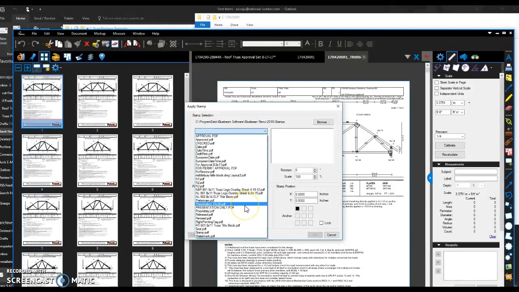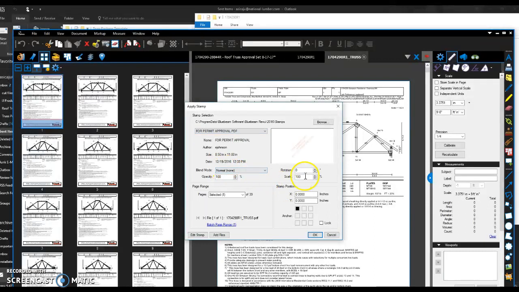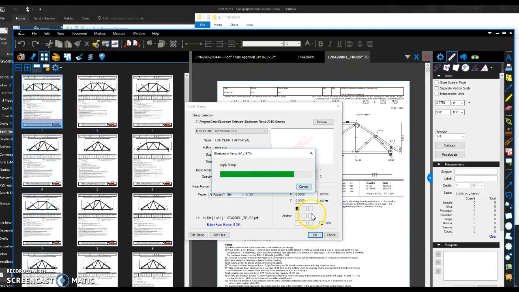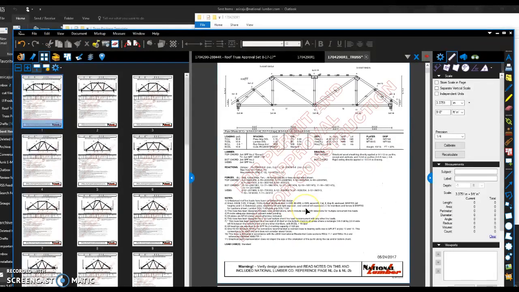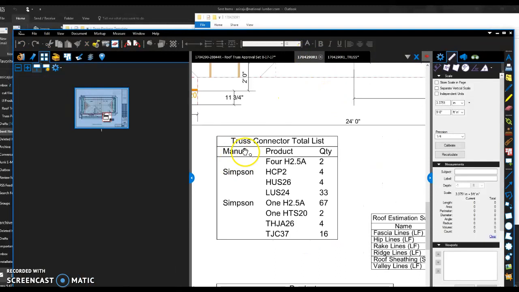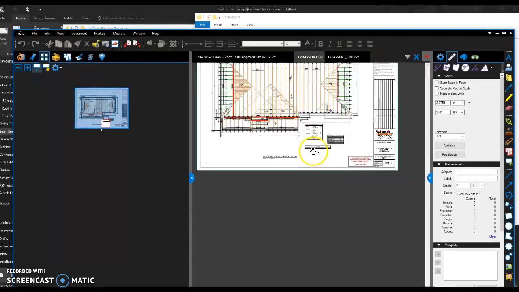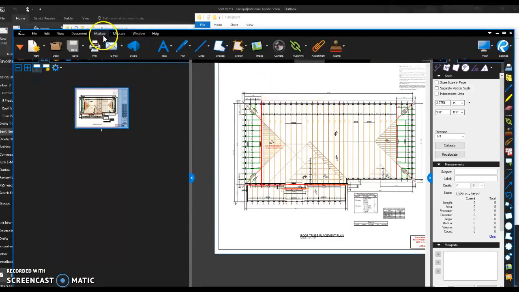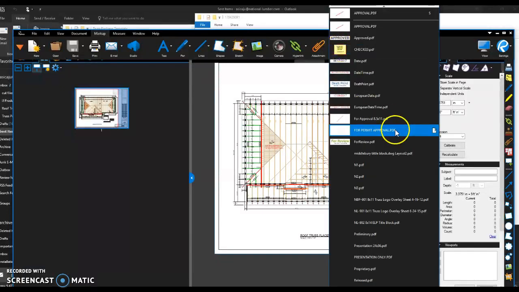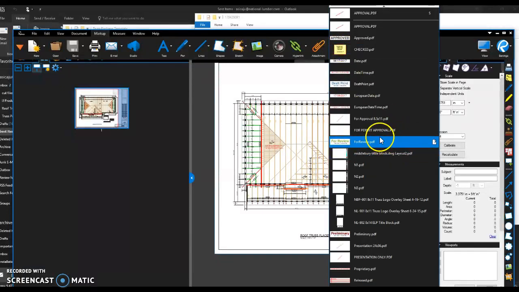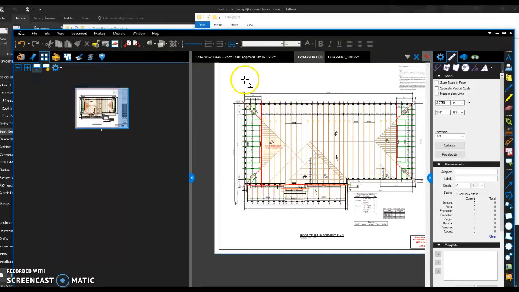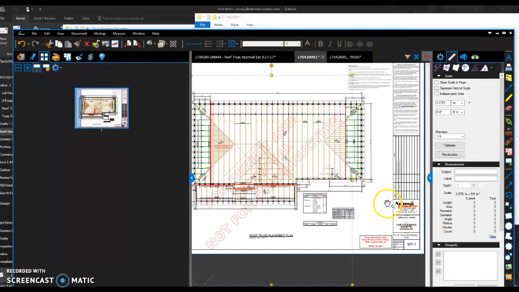The last thing here that we need to add that I don't have here is the watermarks. So the watermark will be a for permit and approval watermark, and then I'm gonna apply it to all pages, and there it is. There's the approval watermark. We're going to add that same watermark to the layout. You can also do it through here. So if you go stamp and we want to do a permanent approval, in here we're gonna drag a window